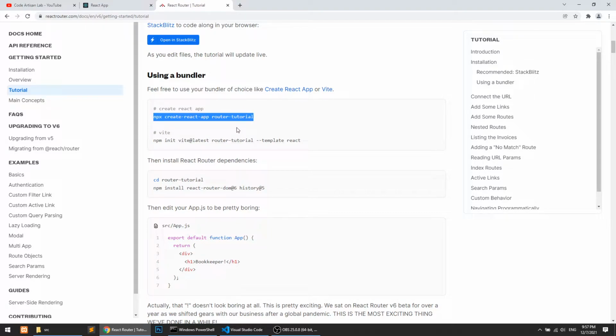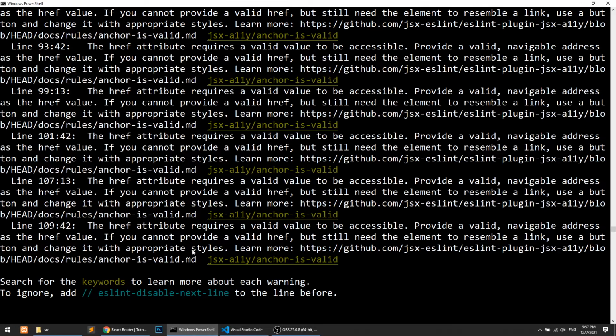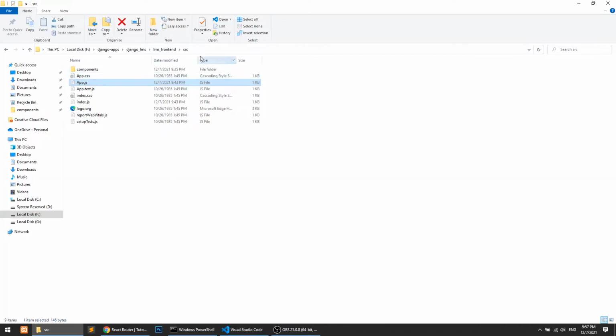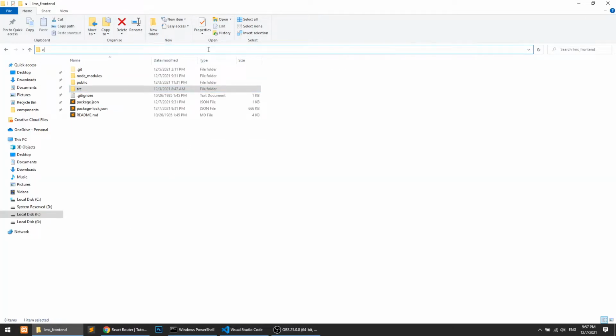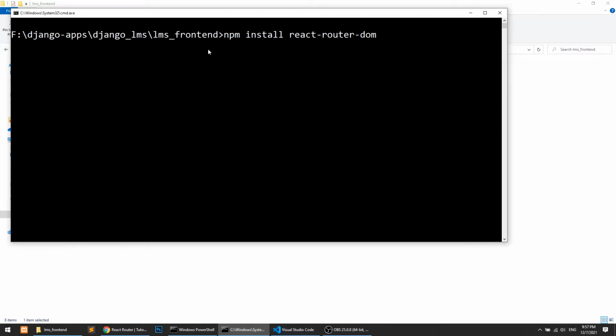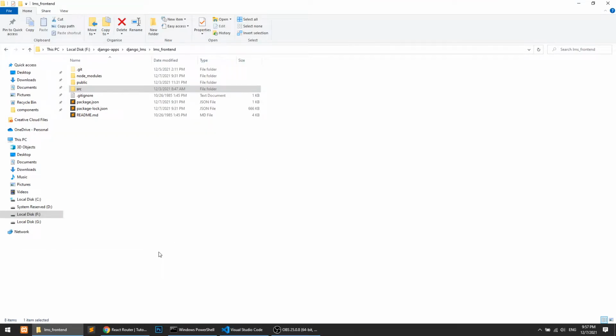Now we need to install React Router DOM, so I will run this command, npm install react-router-dom. We go here and run it. The server is running. When you enter this command, it will install the package in node modules. After installing the package, this is where things will start.